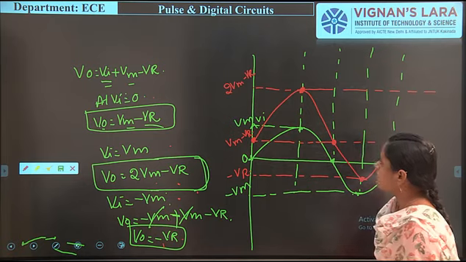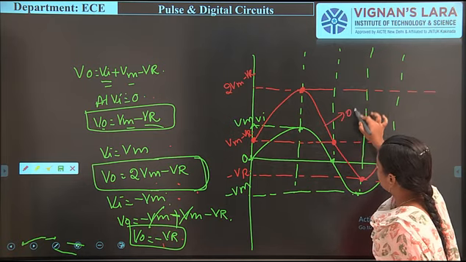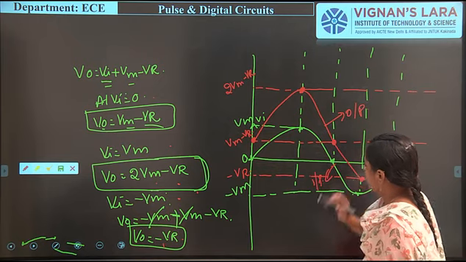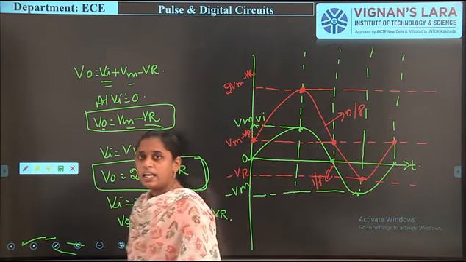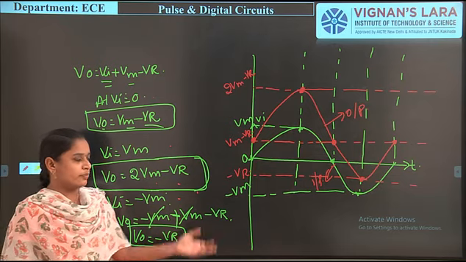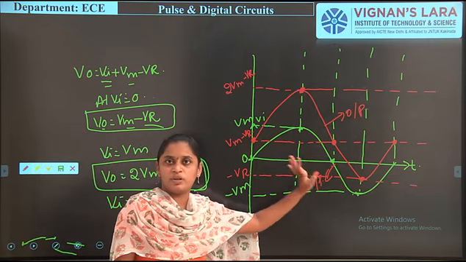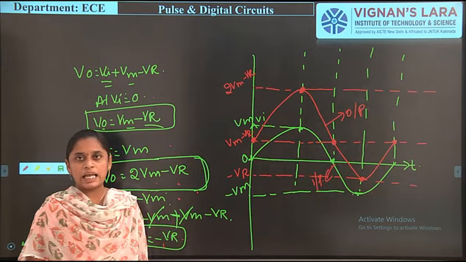Simply, the output waveform is like this, that is the output, and the green dot is the input. It can shift the signal above the DC line, but here we use a negative reference, so some part of the signal will be shifted to the negative reference also. So this is about the clampers.